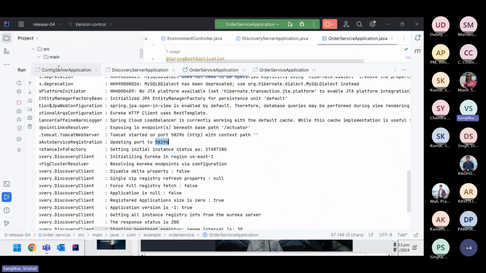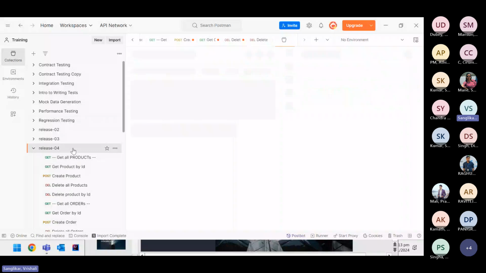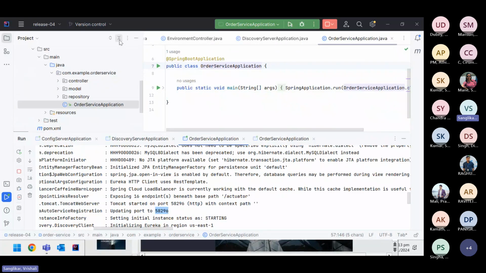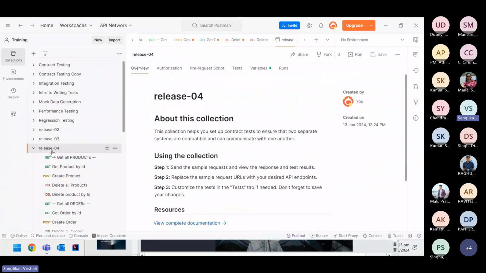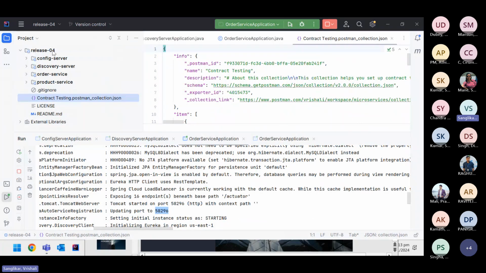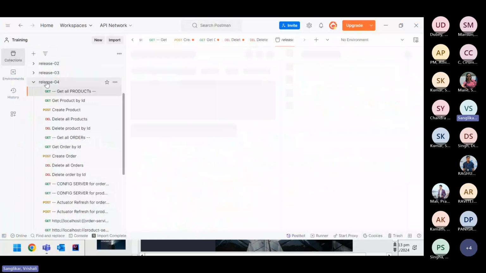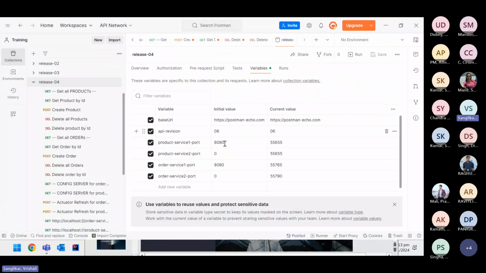This is release 04, guys. So you take the Postman collection for release 04, and you can get this from here itself. In release 04, you have this right over here. This is something you're going to import, and you're going to rename it to release 04, which corresponds to the release 04 code base. So in here, we have to click over here. We have to go to the variables, and over here we have